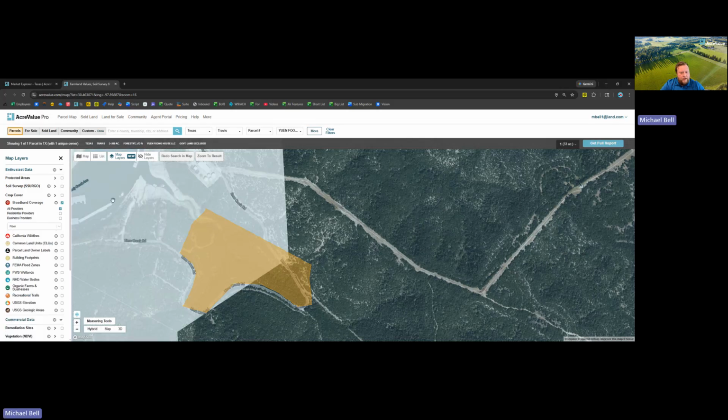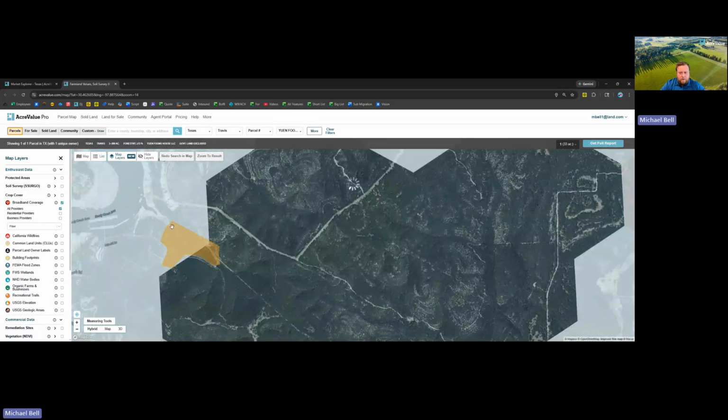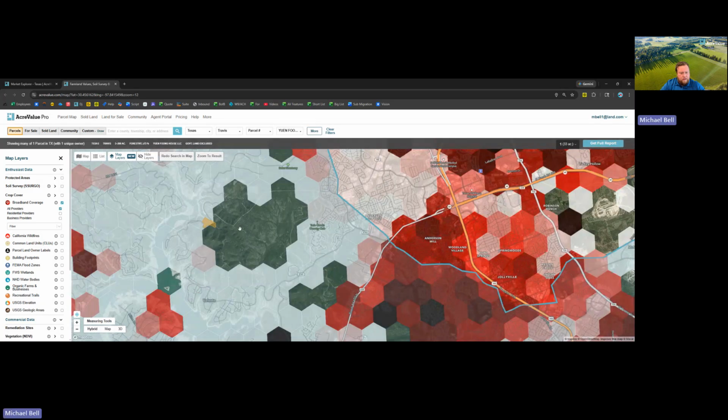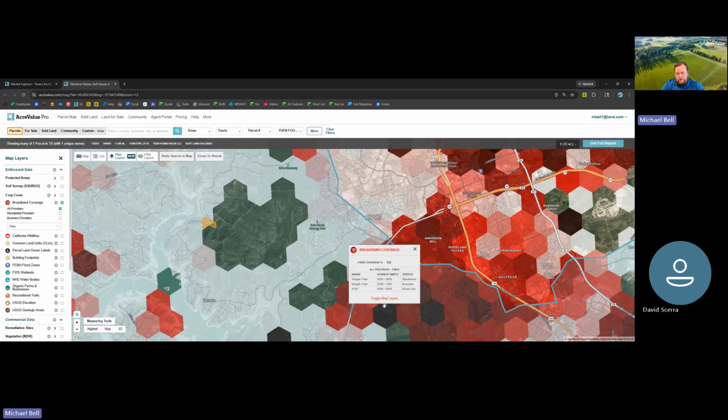And see if we've got any broadband coverage out here. All right, it looks like there is no fiber optic run out here yet. You click these little hexagons, you can get an idea. 0% coverage, there's no data here, but in these more red ones, you can see 15% coverage, 100% coverage if you're looking for fiber enabled here.